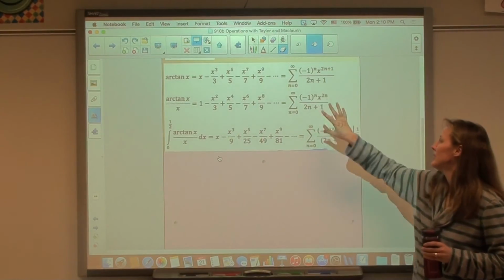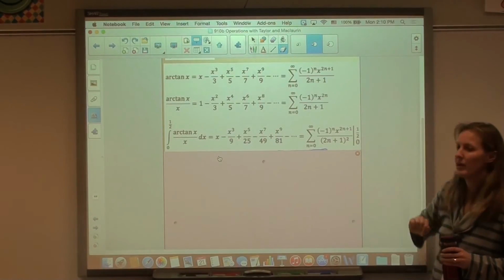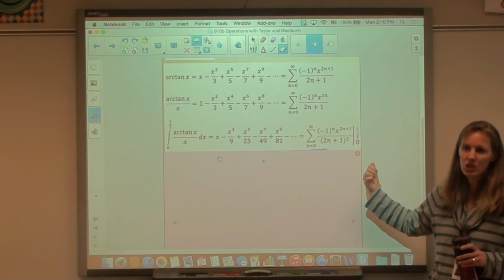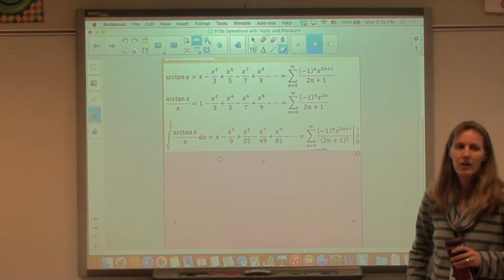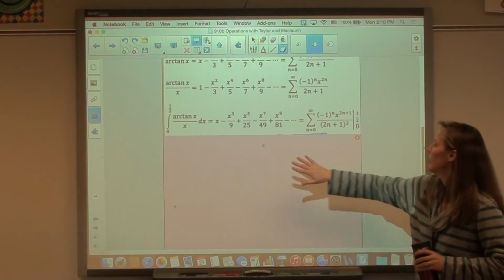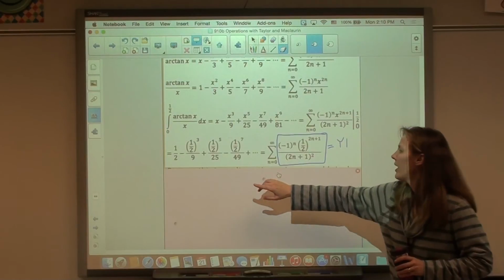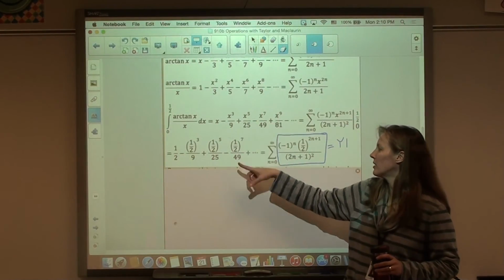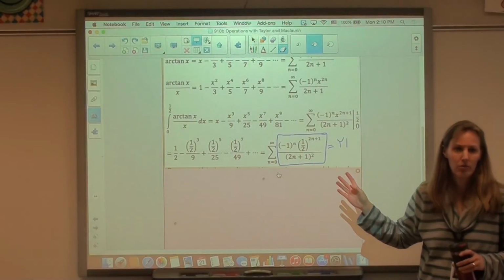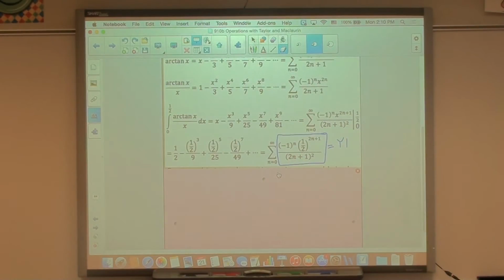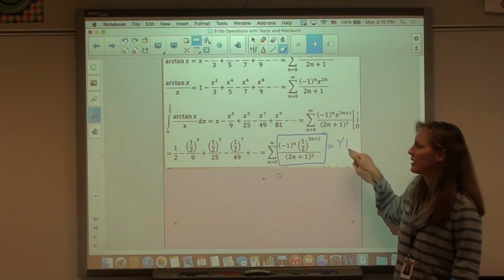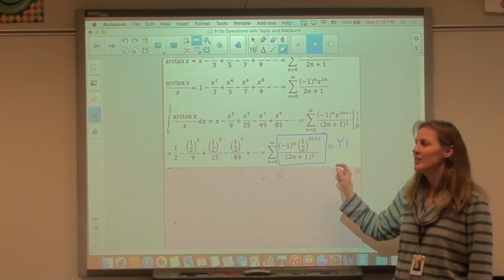So what we end up with is this series that we have to evaluate from 0 to a half. All of your lower limits for your integrals tonight are 0. Okay, so you plug in a half, and you can either plug into the polynomial, or you can plug into the sigma, because when you plug in the 0, it's all 0. So I like to plug into the sigma, and the reason I like to plug into the sigma is because then you get this lovely thing that you can plug into y1 and find